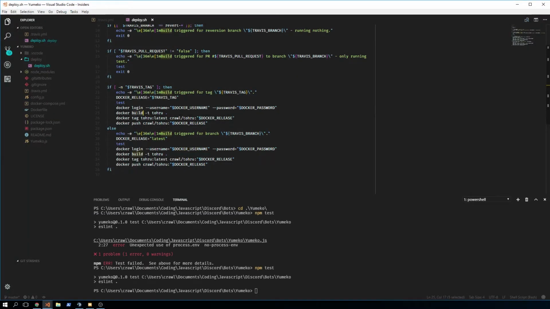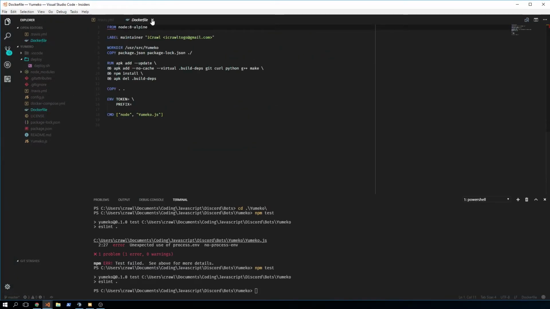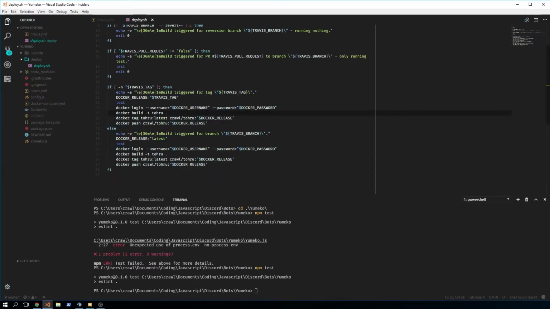So we log in with username and password. Then we build our container, which is going to be the todo container, and we build it right here, meaning we just execute the build from the Docker file. After that, we tag it, meaning you need to somehow tag your Docker containers when you push them, because otherwise you wouldn't be able to download them from a server. Obviously I have the values hard-coded here, right? So you would need to change all the todos to Umeka, and change all the crawls to your username, obviously. And then it tags it as